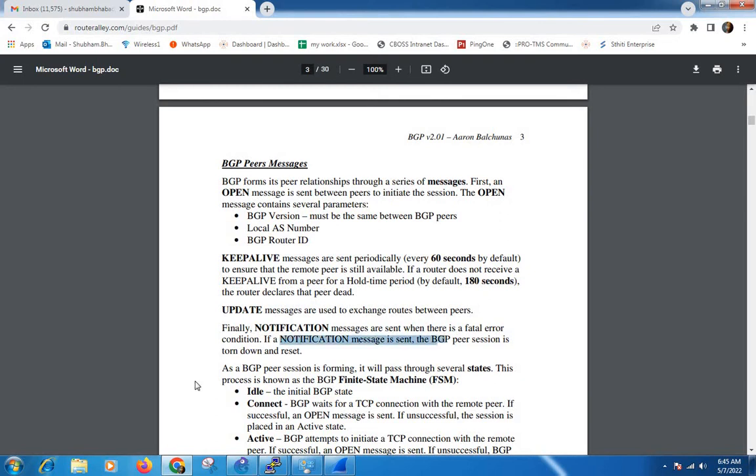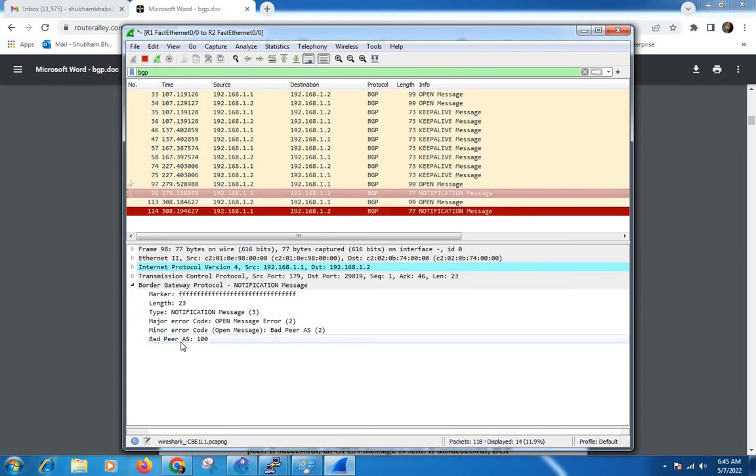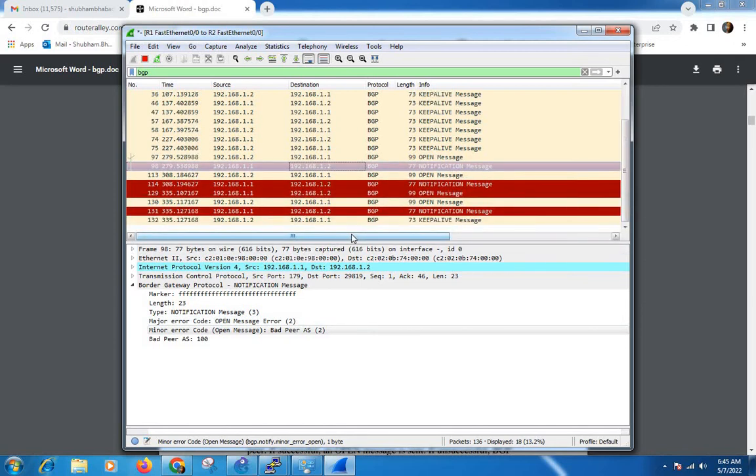In that we can see bad peer AS, bad AS pairing. So this is the notification packet. If any error occurs in the BGP network, the neighbor pair will get notified by the notification packet.